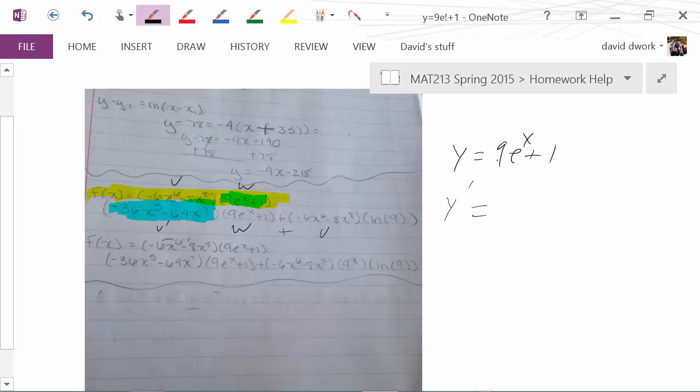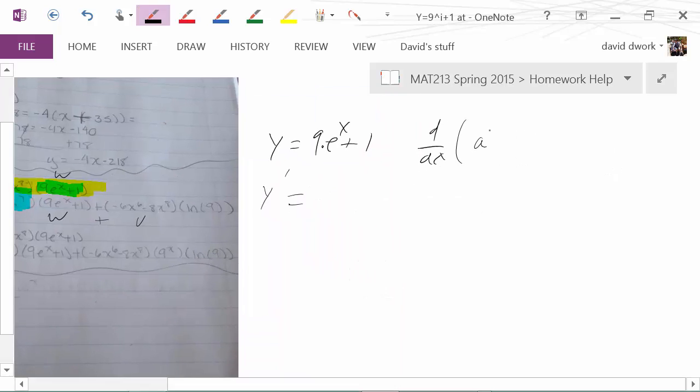So you correctly identified that we have one derivative here plus another derivative here, because we do derivatives by terms. So the first term here is the derivative of 9 times e to the x. And because you wrote the natural log, that tells me you recognized that this is an exponential function, which is perfect. So we have to remember, what is the derivative of an exponential function? That rule, where a is just any number, is a to the x times the natural log of the base. So in this case,